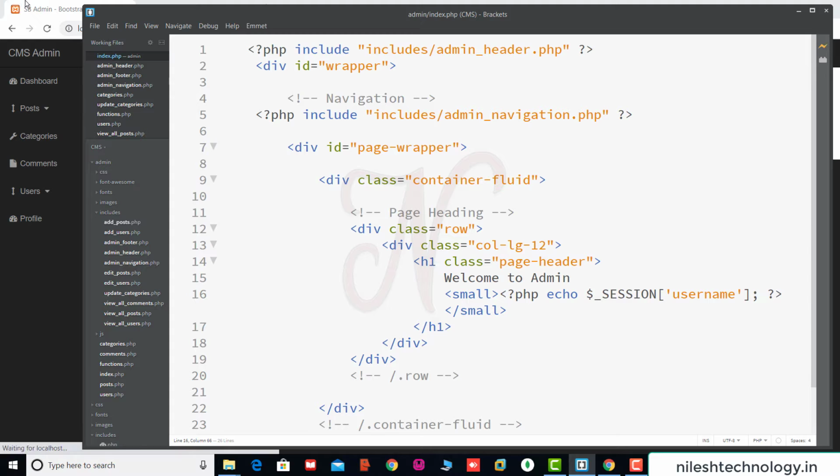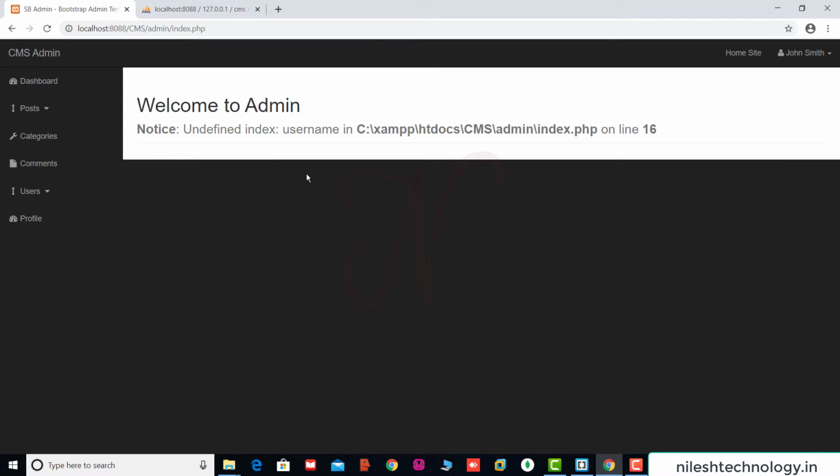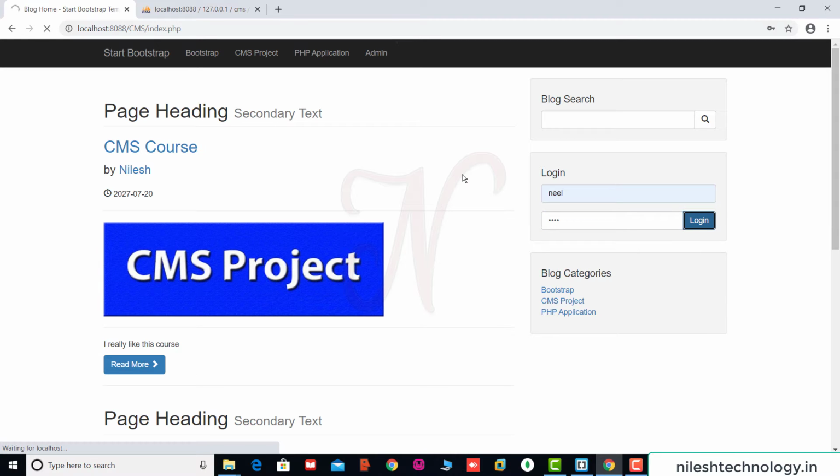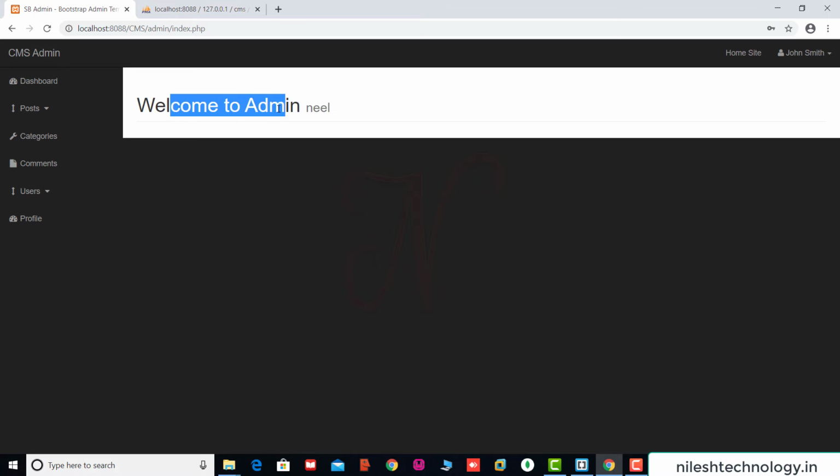Save these changes. Okay, again we are in the login page. So after a successful login 1 2 3 4, first we refresh this page. Now nil 1 2 3 4 login. See here, welcome to admin nil. This is the username.